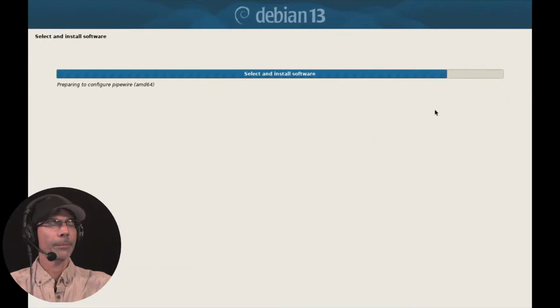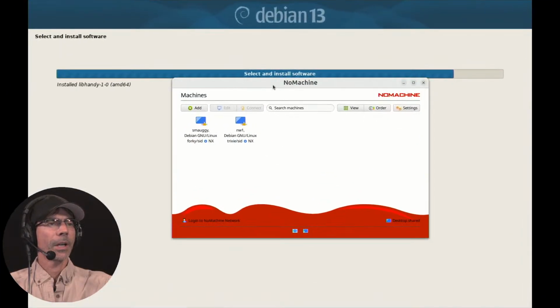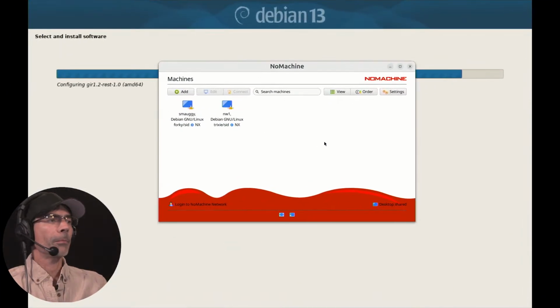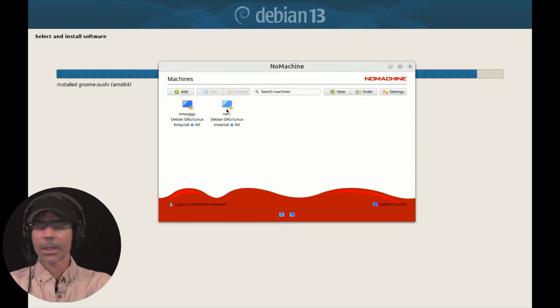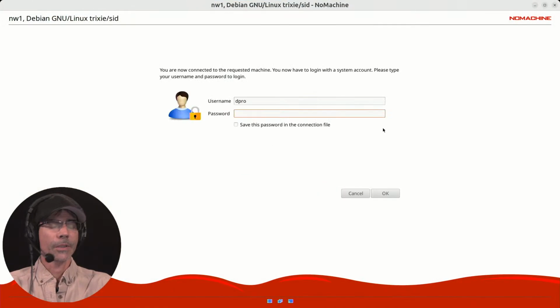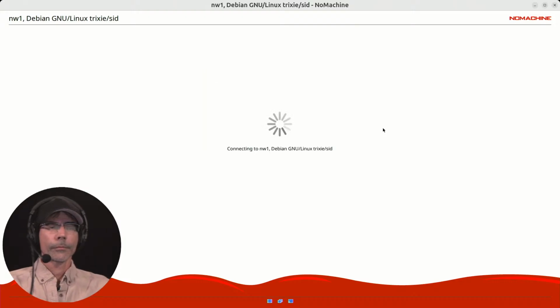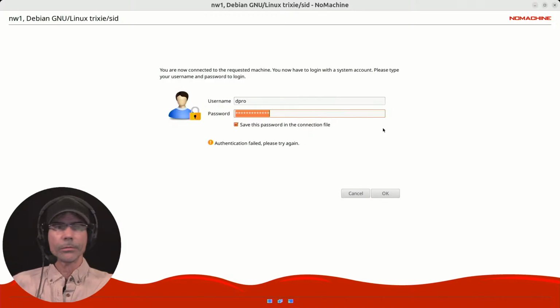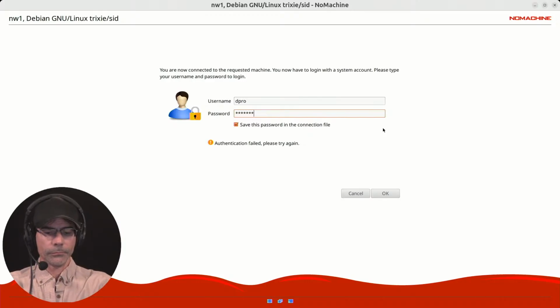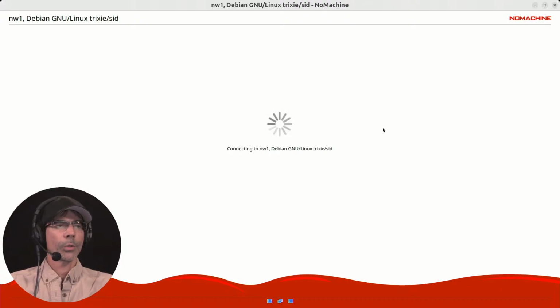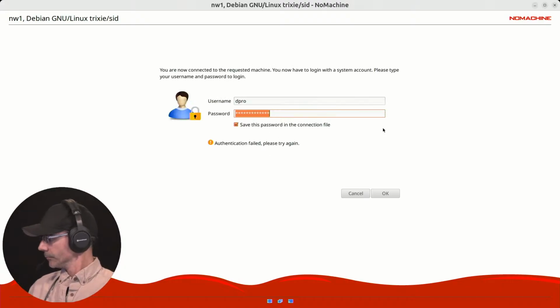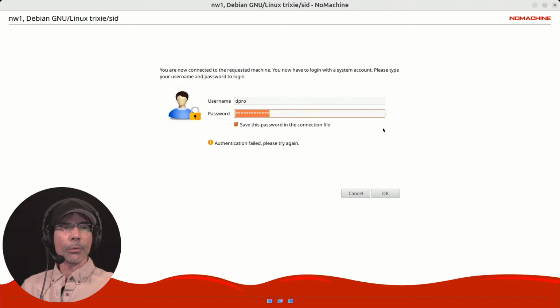All right, still going. Let's jump over to something else here. I'm going to do this now because I'm always installing Debian's, I'm always upgrading Debian Sid. And this was another thing on the list. I actually want to get that started. So I'm going to connect to my laptop that runs Debian Sid. And connect now. All right, one more time. And we might have a